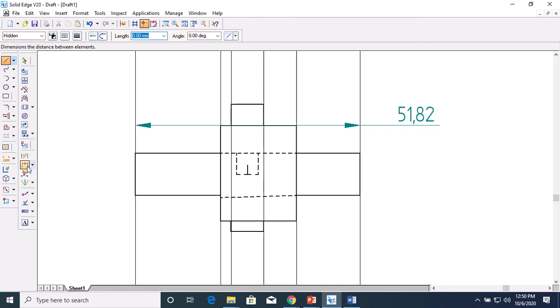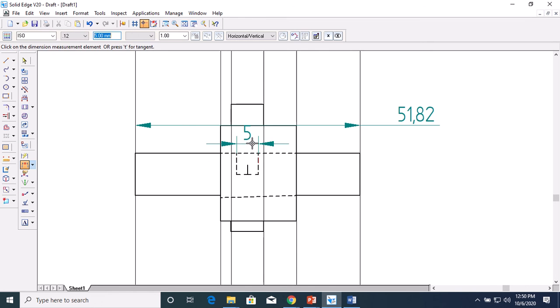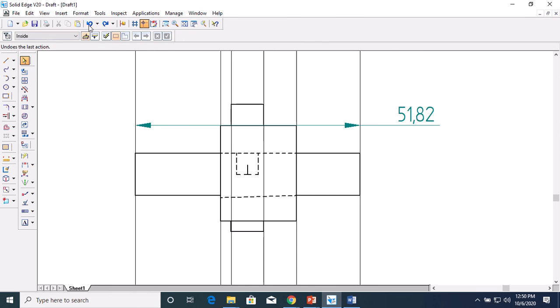So if you measure this distance between these two lines it has to be 5 mm. Okay, so you can extend this line up to here. So unwanted line you can trim.